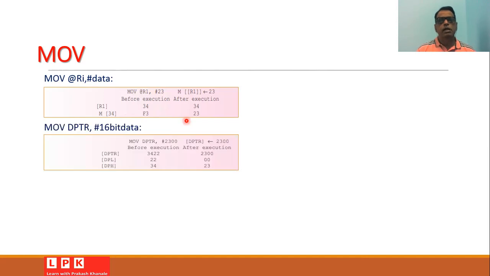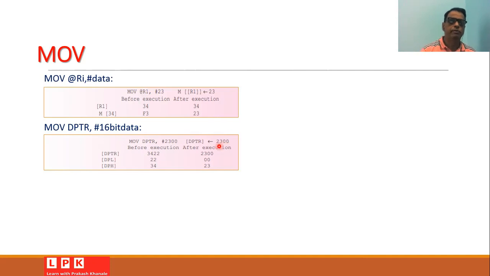It is also possible to move 16-bit data to the data pointer register DPTR. For example, if we write the instruction MOV DPTR, #2300, then this 16-bit data or location address will be moved to the data pointer register.